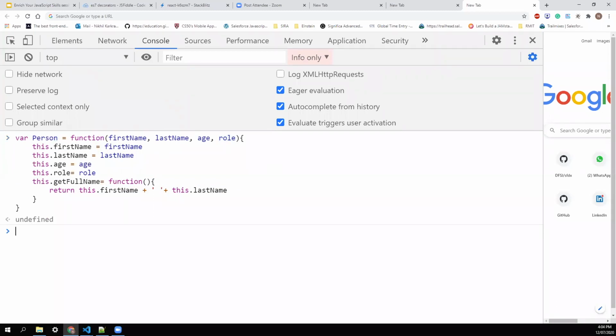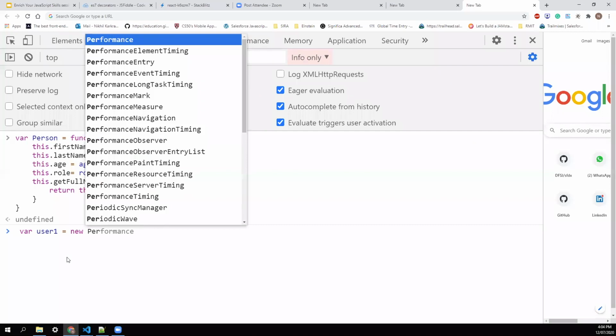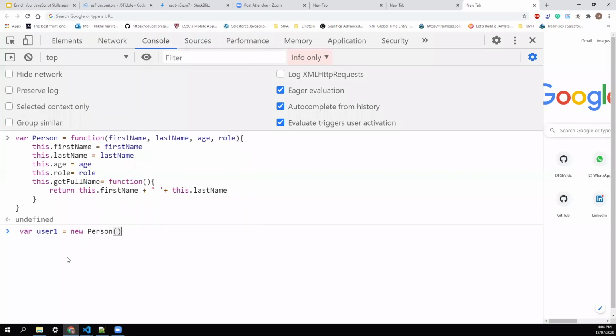Now I start creating a user. To create a user, I'll create a variable user1 equal to, since it's a constructor, we can use the new keyword on it. It expects the first name, last name, then age and the role.